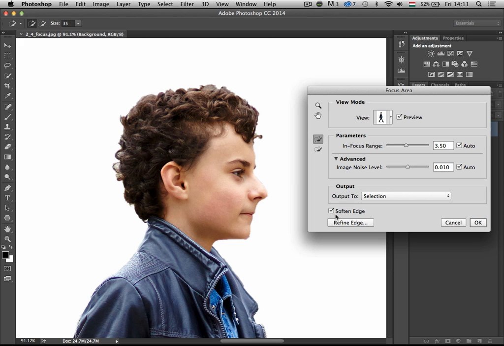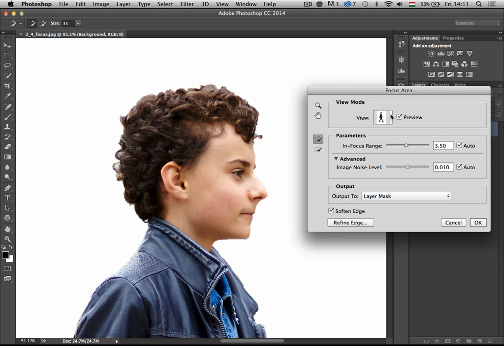What you should do is always work non-destructively. So instead of doing a selection, what you should do after this is choose layer mask. Okay, so output this selection into a layer mask. And refine edge is actually another selection technique which I will show you, but it can be combined with the focus area as well. For now, let me just click on OK, but before I click on OK, I also